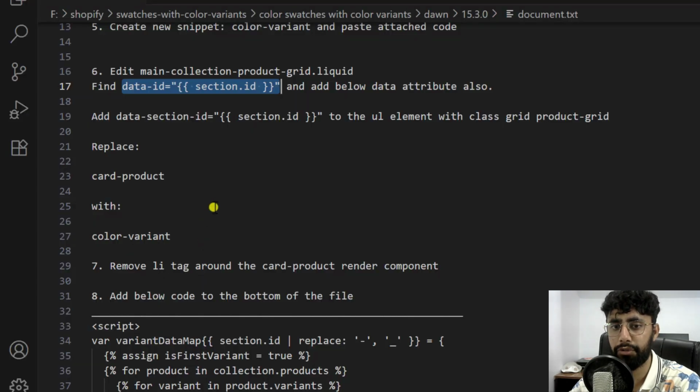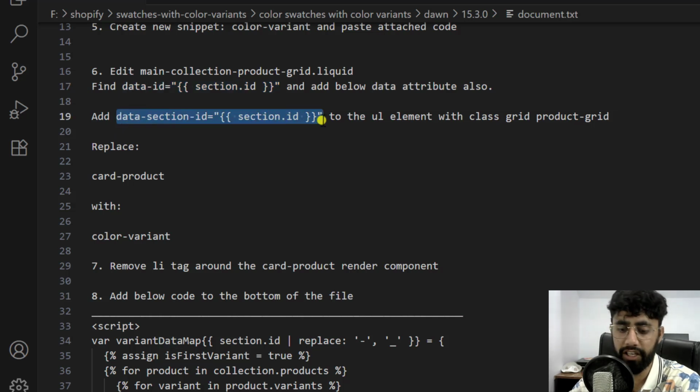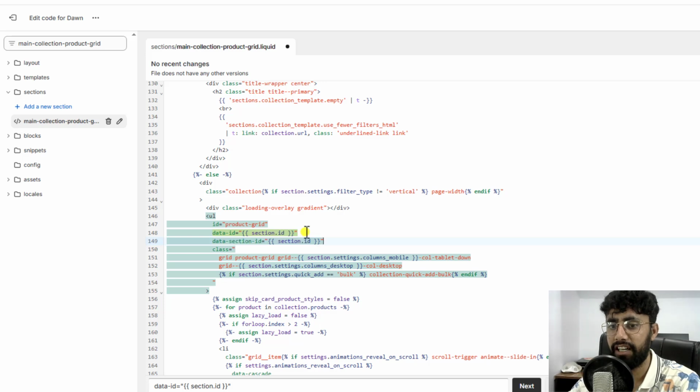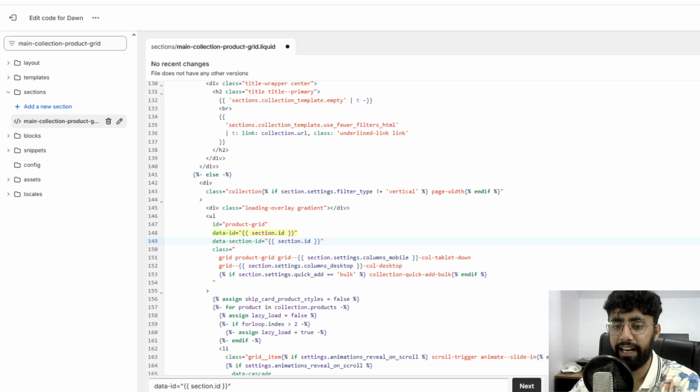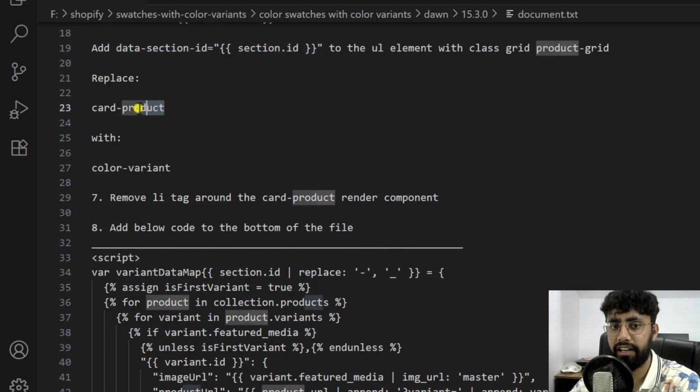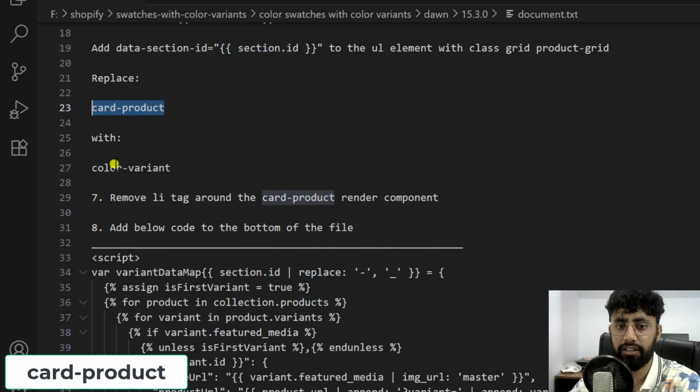What we are going to do here is add a new attribute, which is this data section ID attribute. You should copy this complete attribute and then paste it just below the selected attribute which we have just found. All right. And then go back to the documentation, and we have to replace card-product with